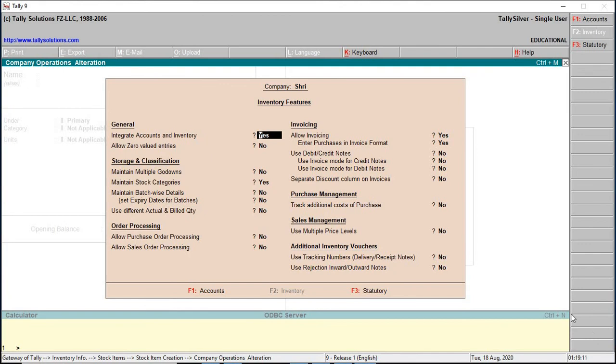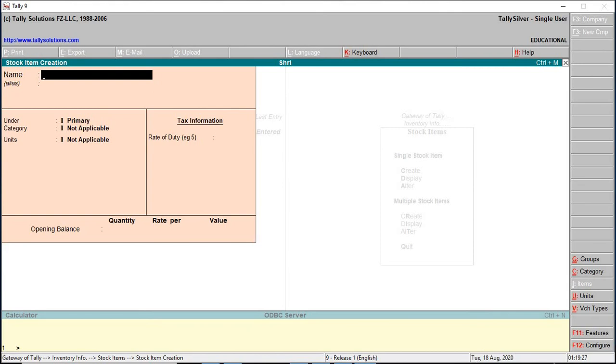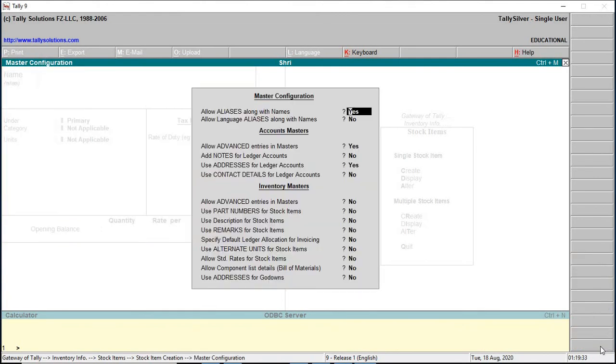F11 displays the required inventory features which are enabled or disabled based on the company's requirement. Use Configure to enable the required options from the inventory masters.